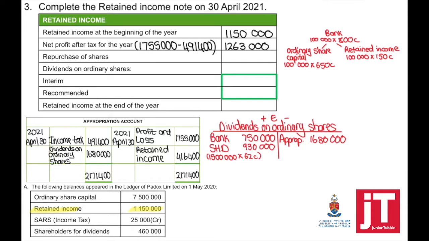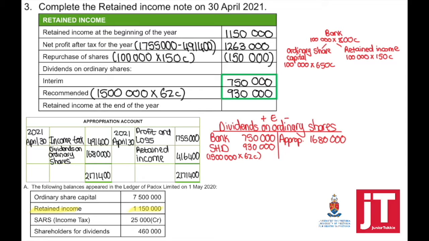So make sure you show your calculation in brackets. So net profit after tax is 1,263,000 minus the repurchase of shares. So that's an easy mark to get because they said 100,000 shares times 150 cents. That was the amount higher than the average price. Your interim dividends consist out of interims paid, 750,000, which was given. And the final dividends we've recalculated, recommended 1.5 million times 62 cents is 950,000. So the total dividends on ordinary shares must be shown in brackets. So now we can calculate the retained income at the end of the year,